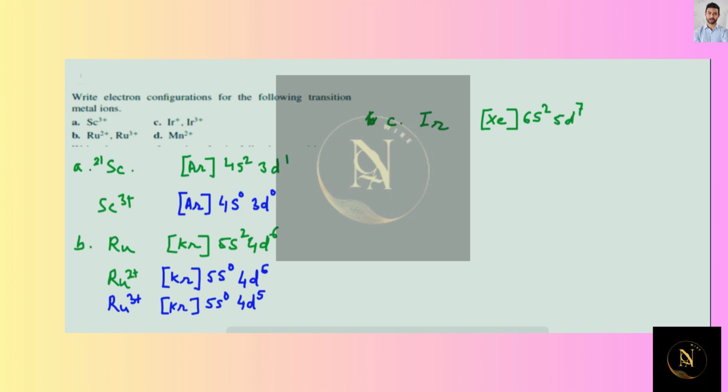This is neutral atom, and here it is the question of Ir+ cation electronic configuration. This part is not disturbed, noble gas configuration. After that, one electron is removed from the s orbital. By that we are getting one positive, and 5d7 will remain same. And in case of Ir3+,